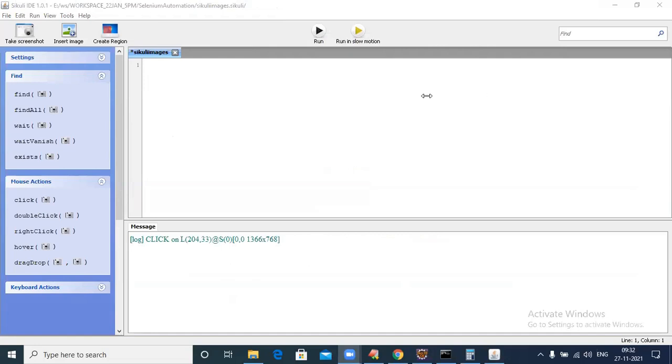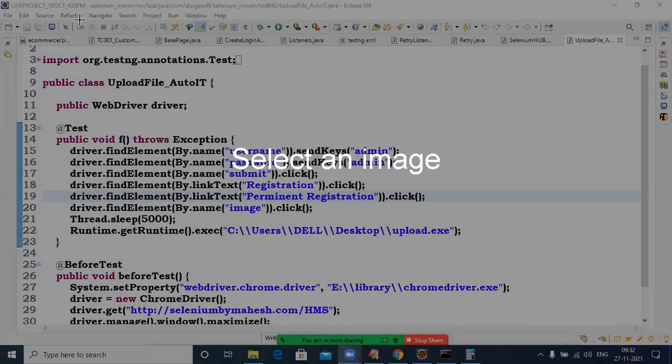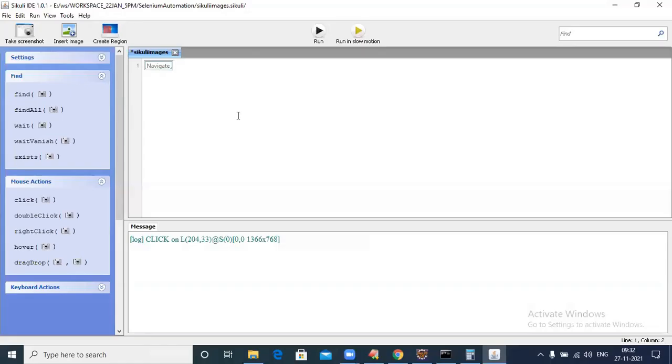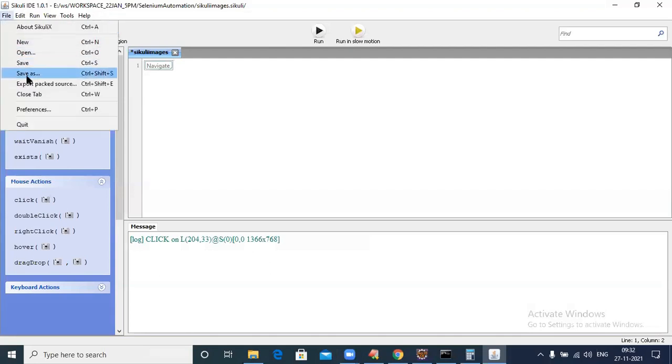Yes, so my requirement is that navigate button. Observe, sir, carefully, concentrate very carefully. Here at the top, take a screenshot. The camera symbol is there. Based on that, I'm capturing. See the camera symbol. Where you want to click, navigate, take this image. Wow, stored into a folder.